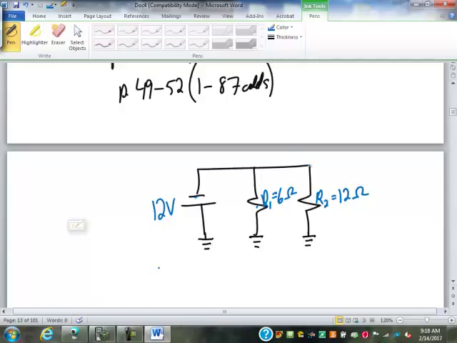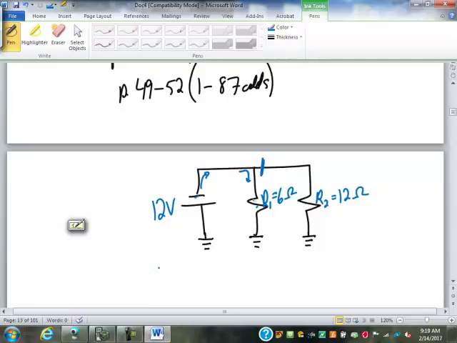Think of it this way. Resistance is how hard it is to flow. Think of these as pipes, and this is the pump pushing water through the pipe. Let's say this is a turbine that turns a hoist or whatever it turns. If this is blocked and the water has to go that way,